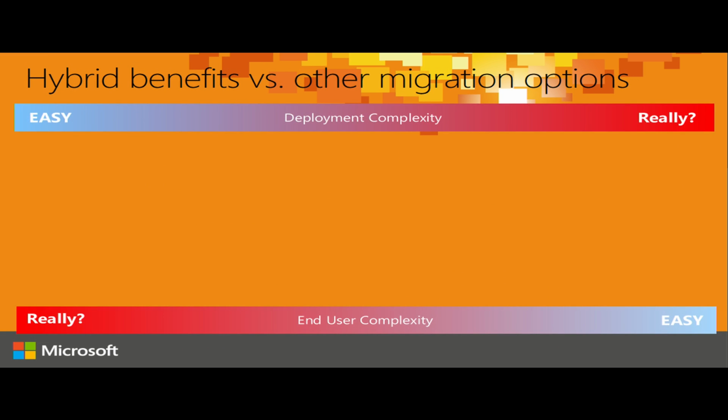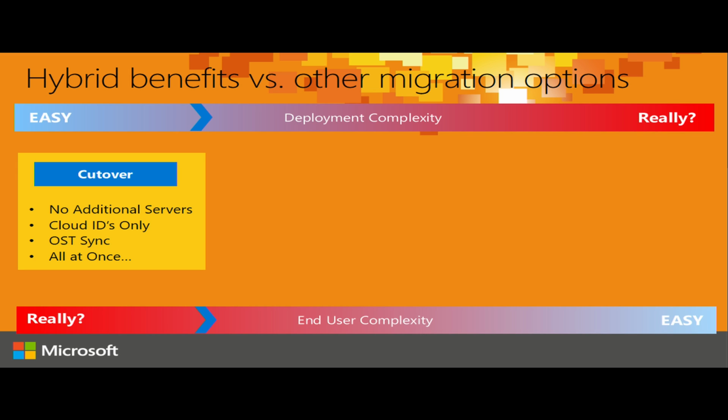All right, so what are the benefits of hybrid? There's different ways to move to Office 365, right? The first one is cut-over migration. Cut-over migration is the easiest because there's no need for extra servers. There's no need to set up DirSync. It's pretty straightforward. All you have to do is publish your migration endpoint, put a third-party certificate in there, and